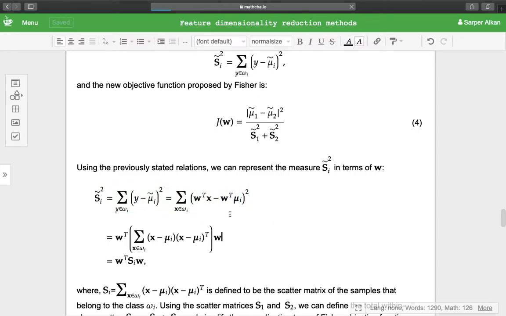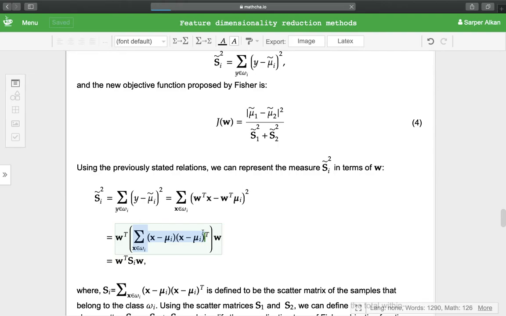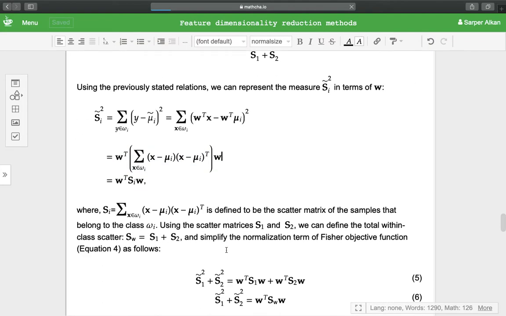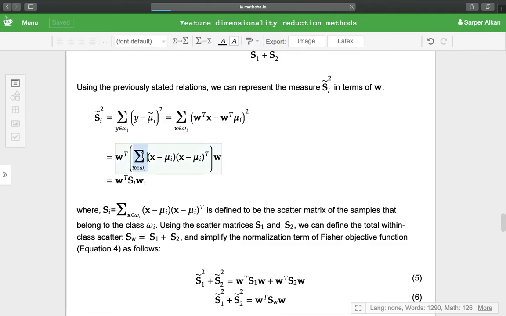When we square this part and take w out, we have w transpose times the sum of x minus mu i times x minus mu i transpose, times w. And we can call this part of the equation S i,